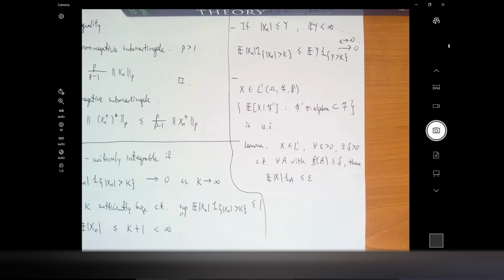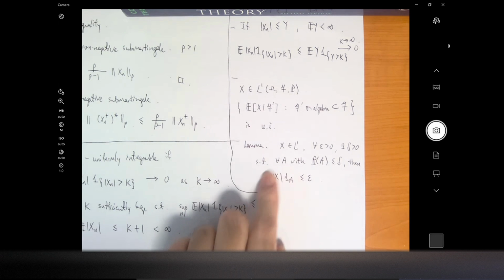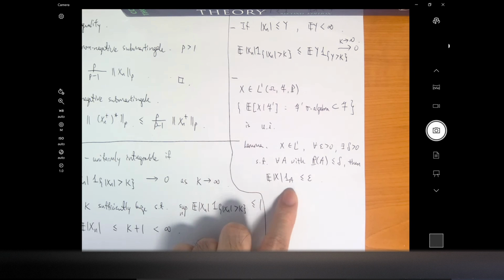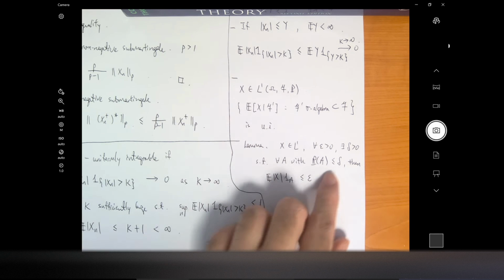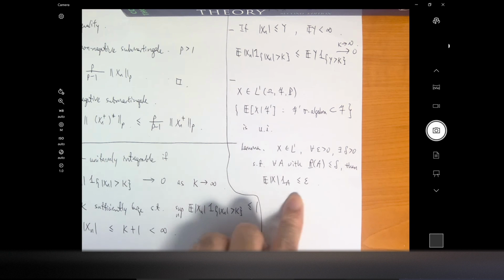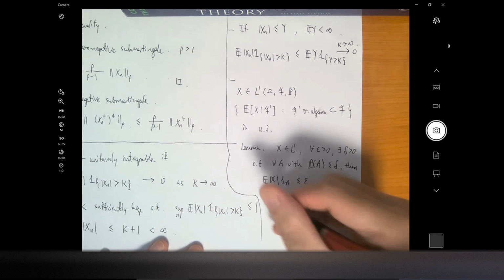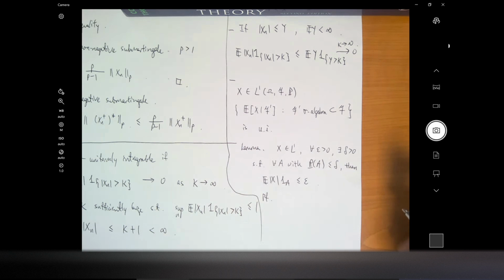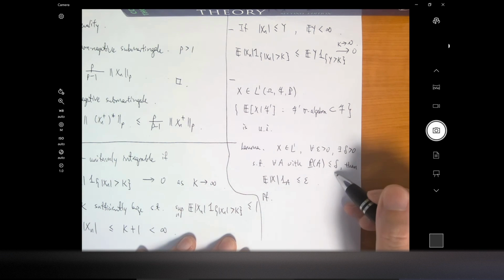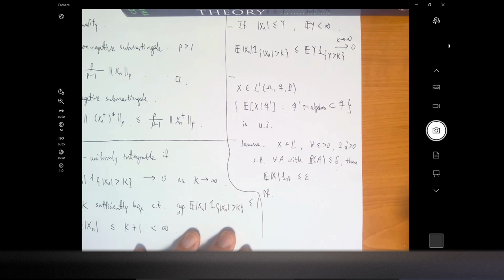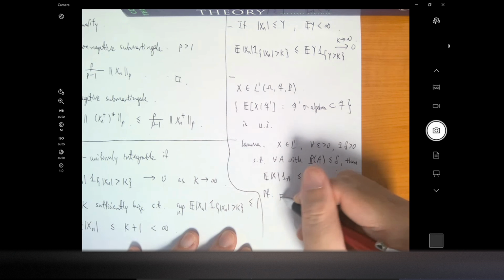So given any epsilon value, no matter how small, I can always choose a small enough delta so that this expectation, for any set A with very small probability, smaller than delta, is smaller or equal to epsilon. So that's how I prove this. If the probability of A is smaller or equal to delta, then we have this expectation of